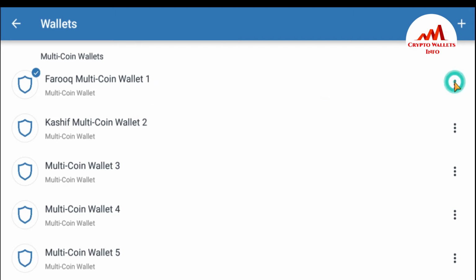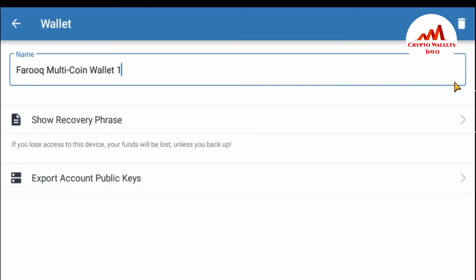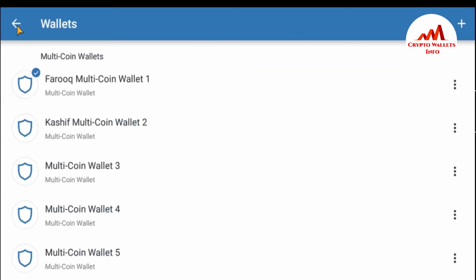Just click on the triple dot, and after that click on show recovery phrase. Then you can easily copy your recovery phrase and paste it in a notepad file. But I already have the 12 phrases of this wallet, so I want to get the private key of my Bitcoin wallet. I'm going to click back again